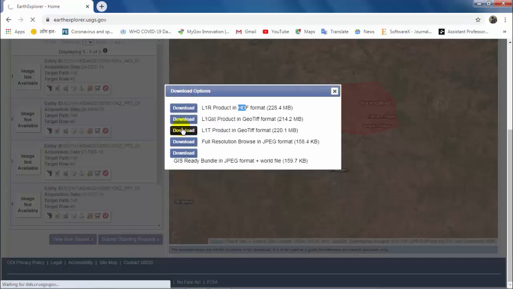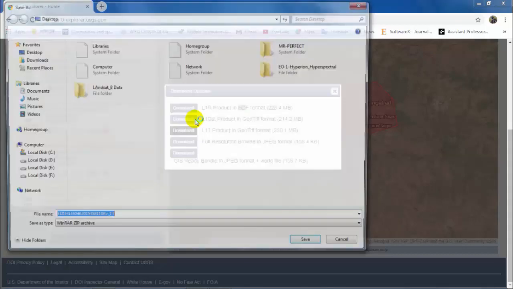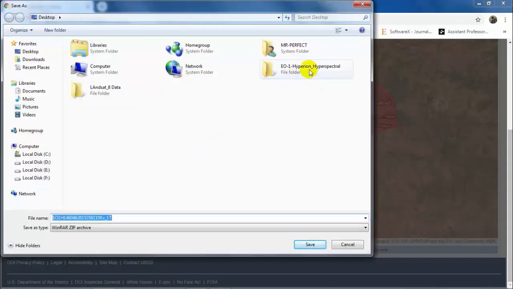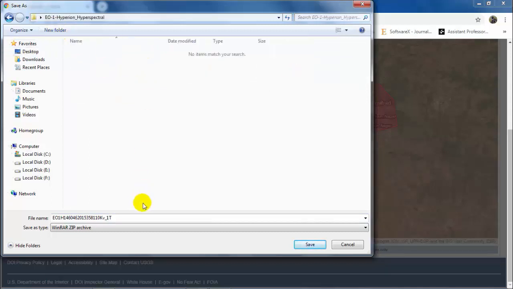After that, we will get where to save it. I have made 2 folders here, EO1 hyperspectral and Landsat 8 data. So I will download it for EO1 hyperspectral. Click here, or you can make a new folder and click to save. Your data will be downloaded in the form of a zip folder, right? So click here for saving. I have already downloaded it, so I am showing it for your demo. Click here, download. The size will be up to 300 MB and the data will be downloaded. I am cancelling it because I have already downloaded.